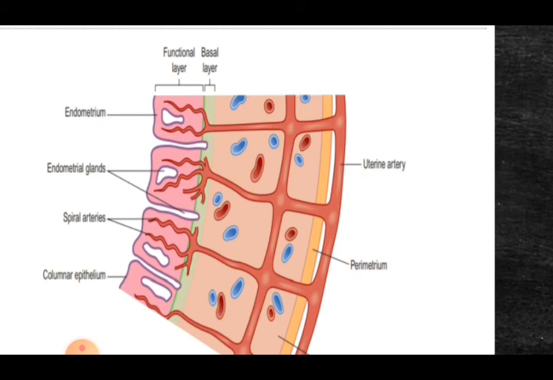Another important point is about the cervical canal, that in the upper 2/3 of the cervical canal, this cervical canal will be lined with the mucous membrane, and in its lower part the mucosa will change and it will become the stratified squamous epithelium that will continue with the lining of the vagina.